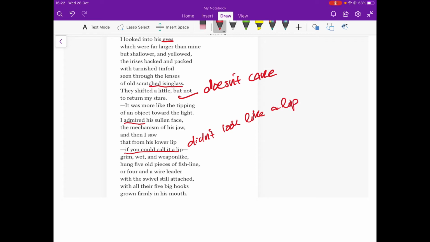Grim, wet and weapon-like hung 5 old pieces of fish line. Okay, this shows he was caught 5 times. So we know he hadn't fought at the start, but we now know 5 times previously he was caught and got away. So she's now looking at this fish very differently. There's a respect building for this fish because he's a fighter, but he's not fighting this time, and she's intrigued